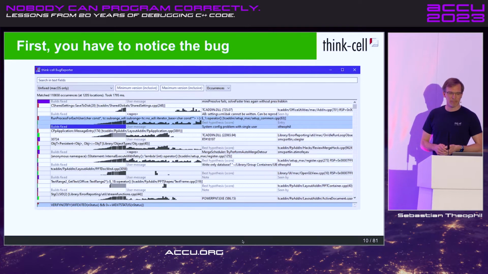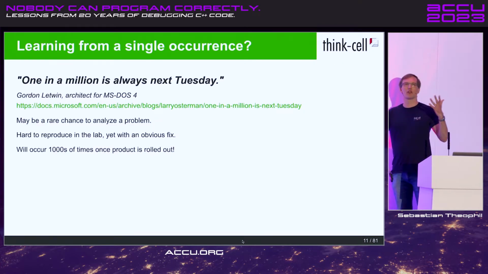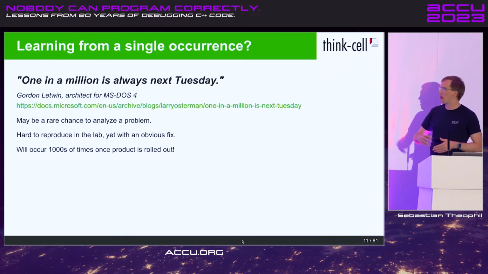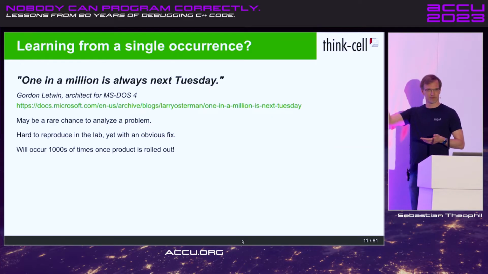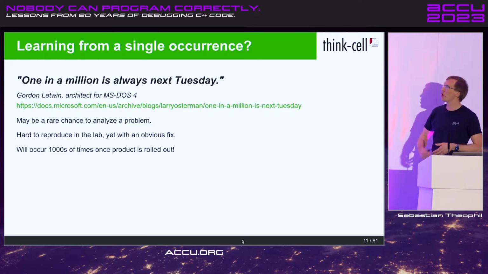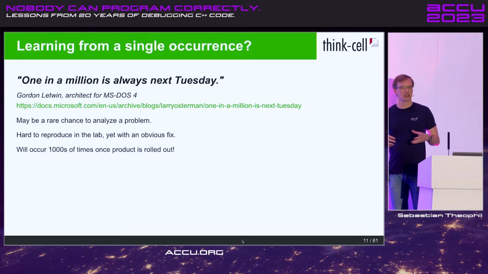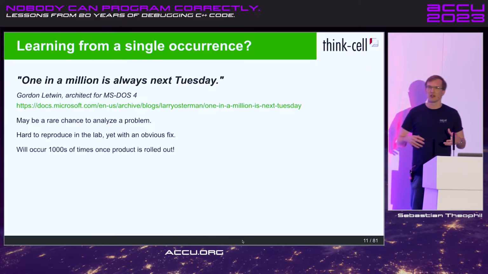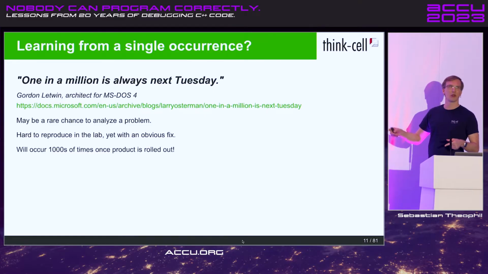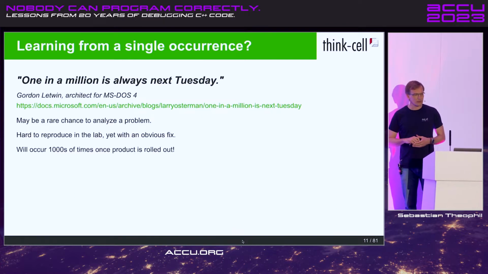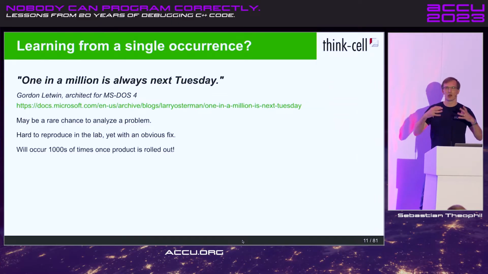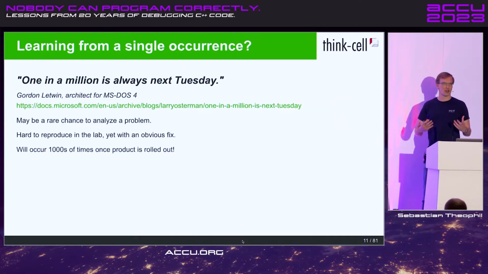Now, you did that, and now one of those error messages pops up. One assert fails on a tester's machine, on a client machine. What do you do? Do you do anything? Do you let them report this through some error reporting, bug tracking mechanism? Or do you have a process in place where they can just come over to you and ask, hey, there's a problem on my machine. I think you wrote this. Can you look at this? You know nothing else. You don't know if that's reproducible. Is that a frequent issue? On what machines would that happen?